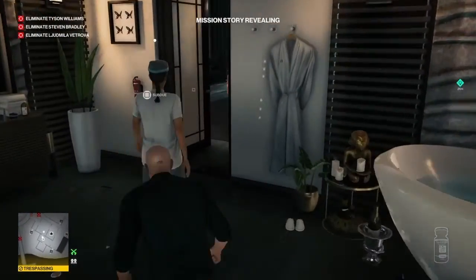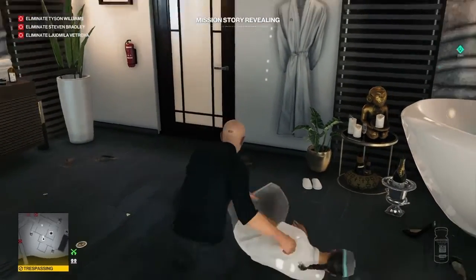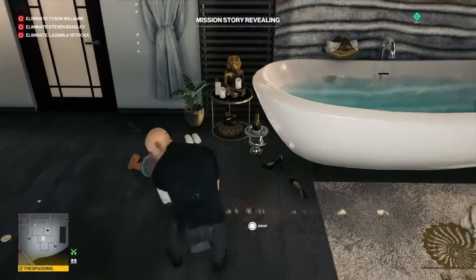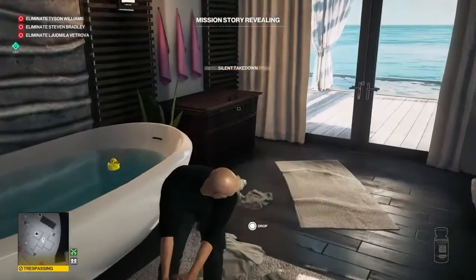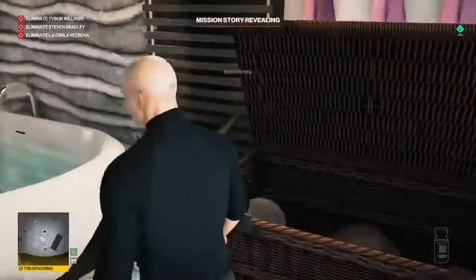and we can then quickly get behind the server or his assistant, whoever she is, just like this. Render her unconscious as quickly as we can. Don't worry about the door, that will close. We're going to hide her as fast as we can in the wicker basket provided,